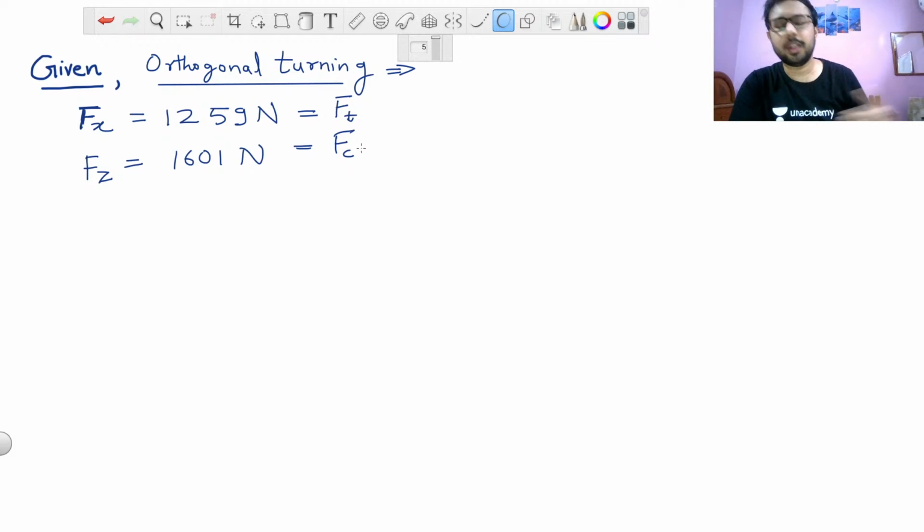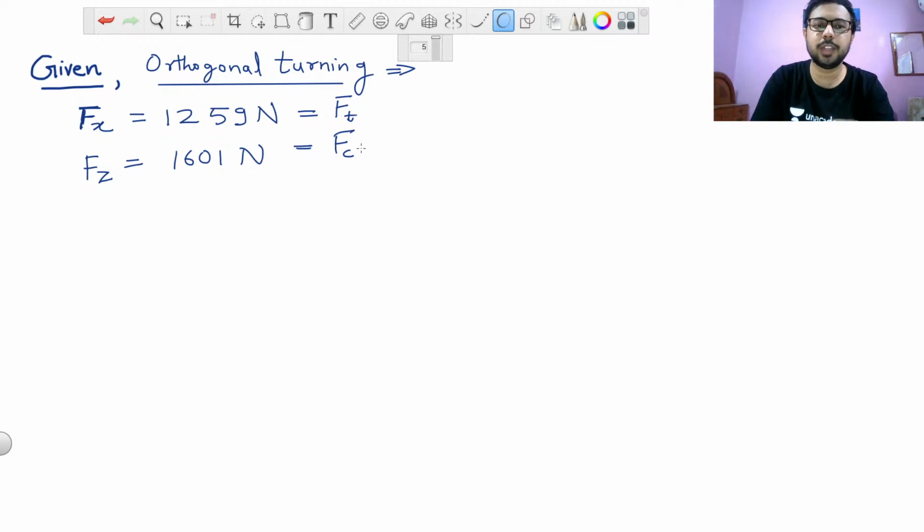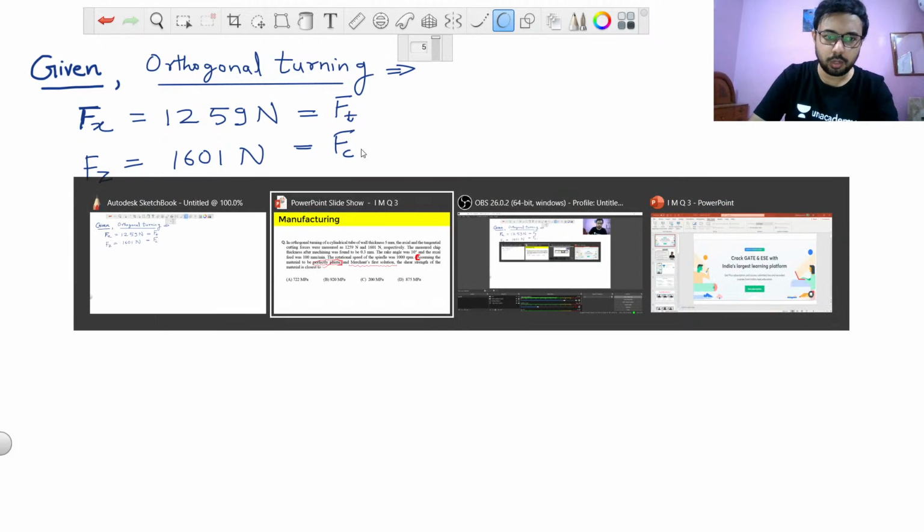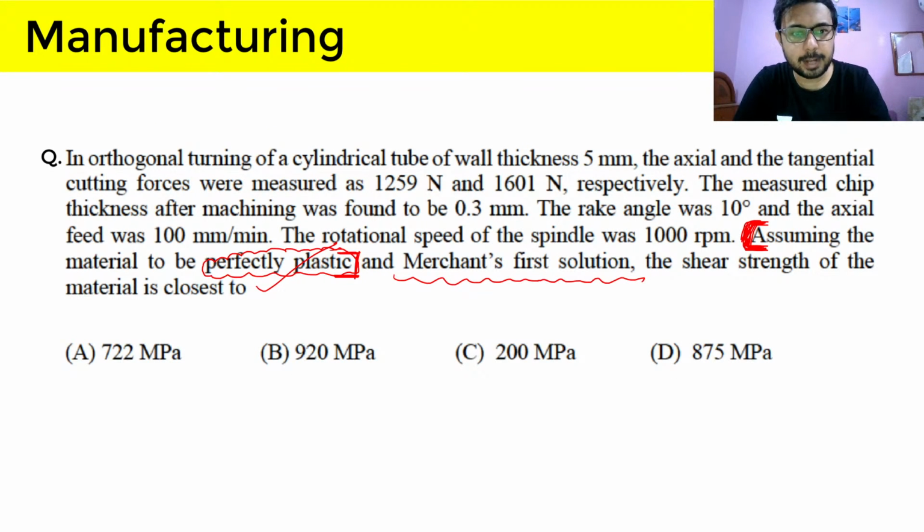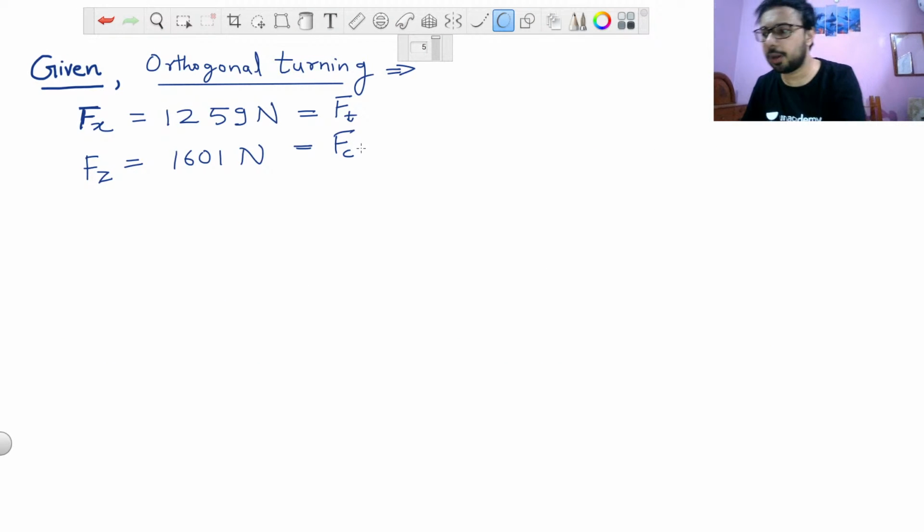Now we can see that in our Merchant circle we will have these two values, Ft and Fc, which we can use to calculate other terms. What other data are given here? The chip thickness after machining was found to be, so the cut chip thickness is given as 0.3 mm,